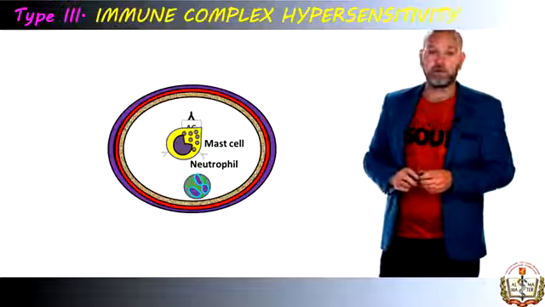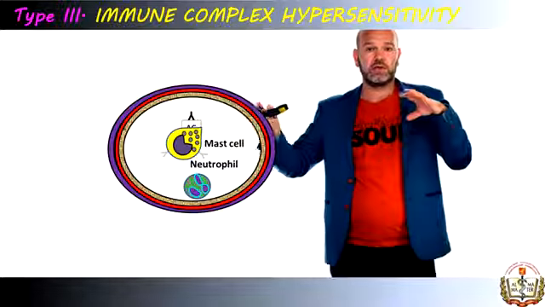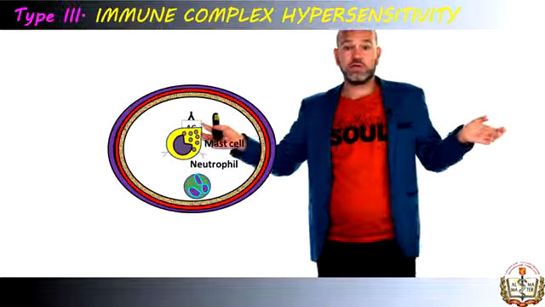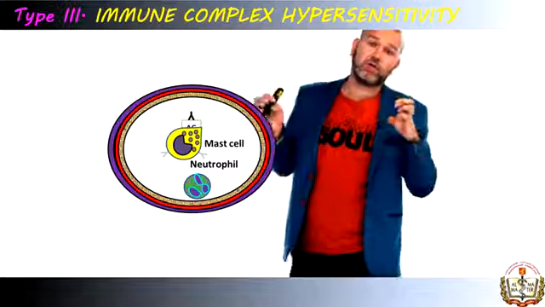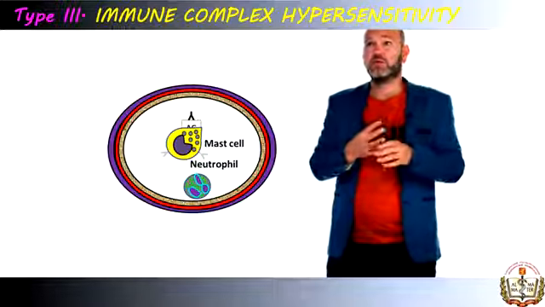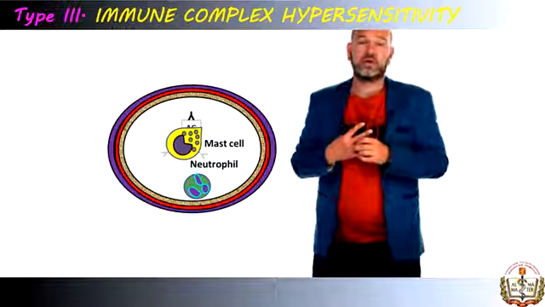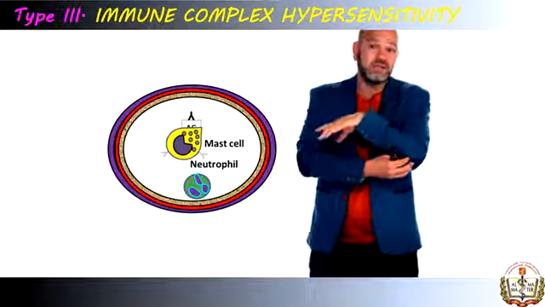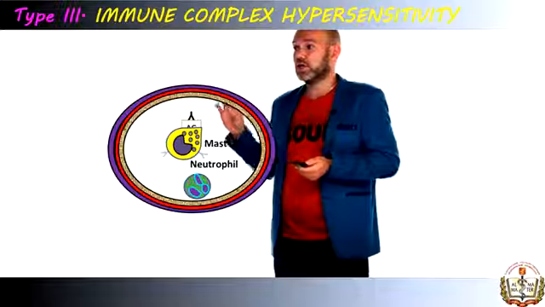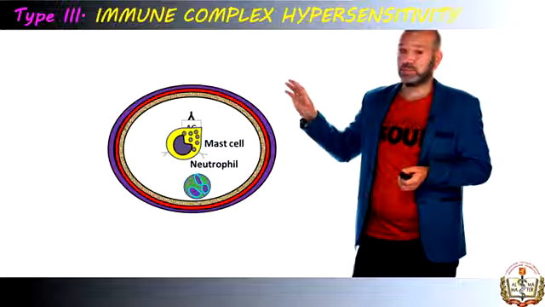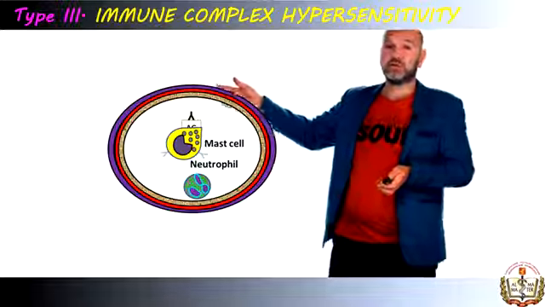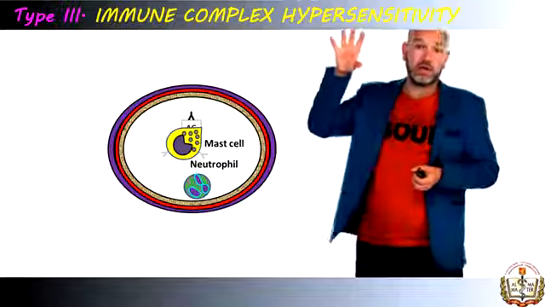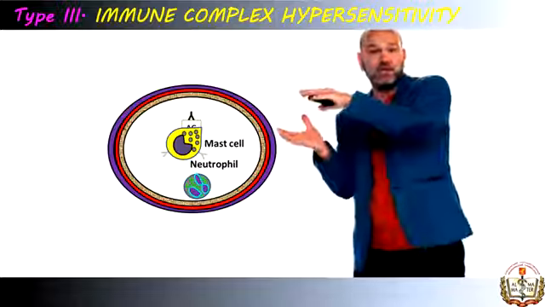Type 3, where an immune complex is free in the serum. You remember 3 free. Complex is free in serum. So reaction can be generalized, such as serum sickness, or it may involve only individual organs, for example, skin, if you know the systemic lupus erythematosus disease. Or we can have some rheumatoid arthritis when joints are affected. That reaction usually occurs in 3 to 10 hours after exposure, but again, can be delayed up to a day or 2 days. And it is mediated by soluble complexes of antibody antigen, which are circulating free in serum, mainly